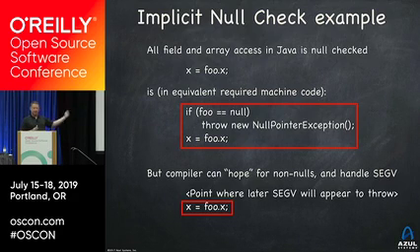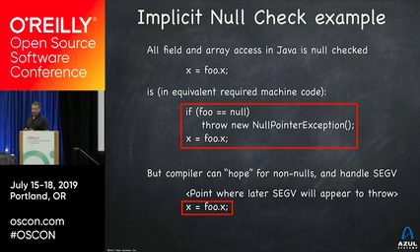And before I actually crash your program, I can say, where did that happen? Oh, it happened over there. I know what to do. Let's just throw a null pointer exception as if I had an if there. The runtime basically has the hardware generate the null check exception for us implicitly without any actual instructions running. This simple optimization is worth on the order of 10% of code speed on most Java applications. So it's a huge optimization.